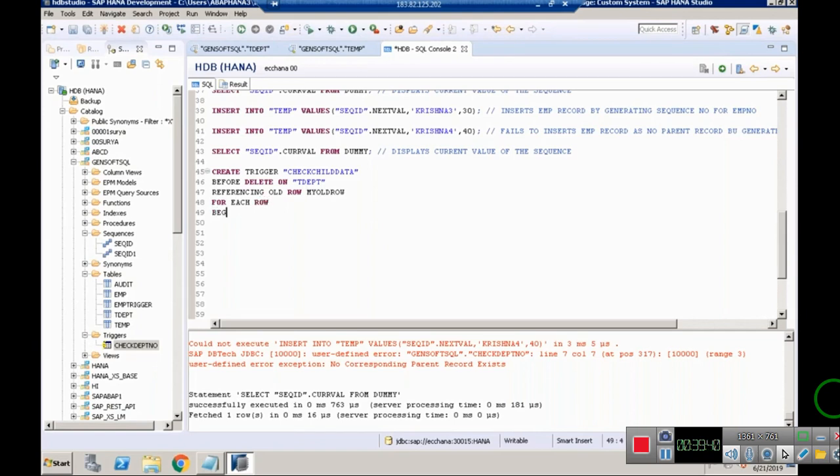Then I have to say begin. Yeah, done. So here also I require the count. So I'll declare a variable. Declare v underscore